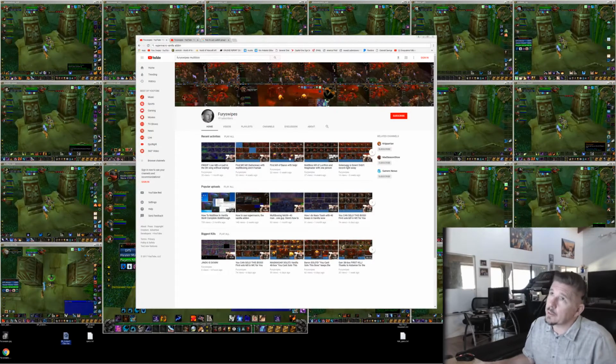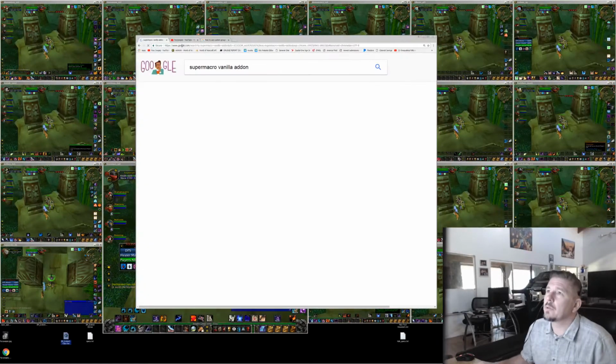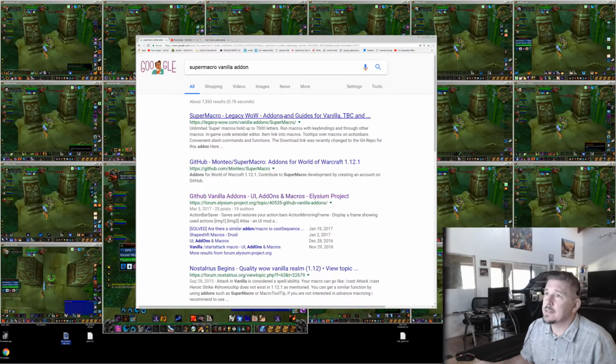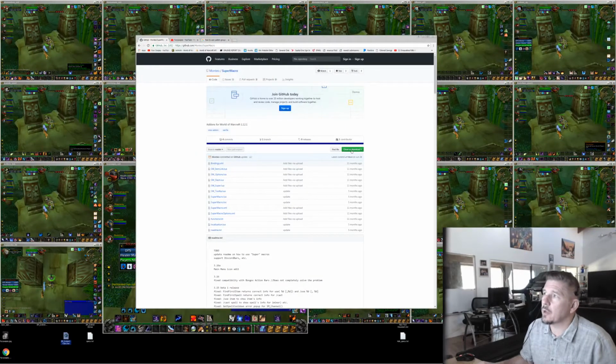So go to Google search and search for SuperMacro vanilla add-on. Legacy WoW add-ons. This one on GitHub is probably safe. So you're gonna go to clone or download. Download zip,